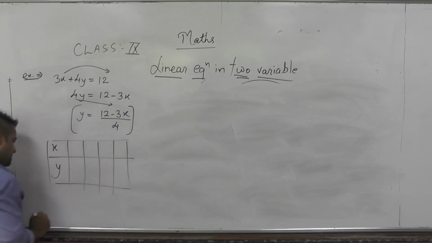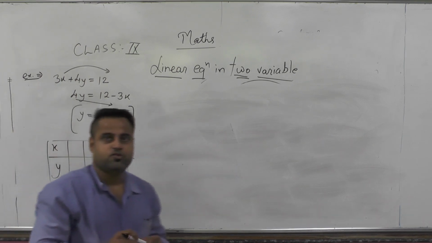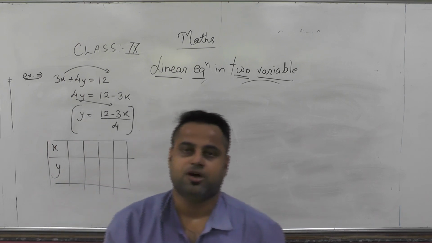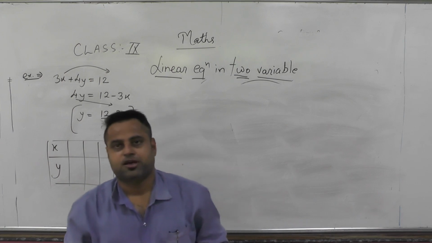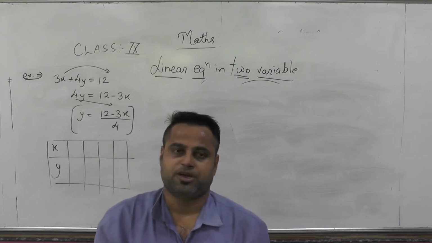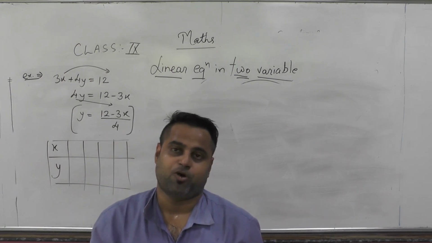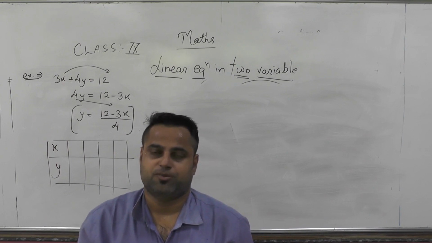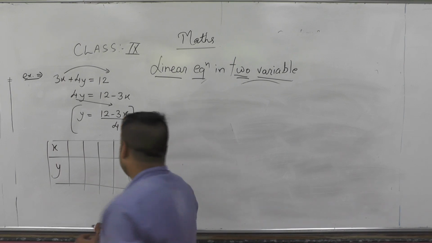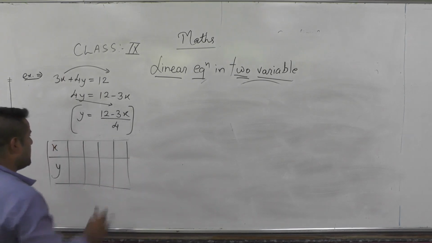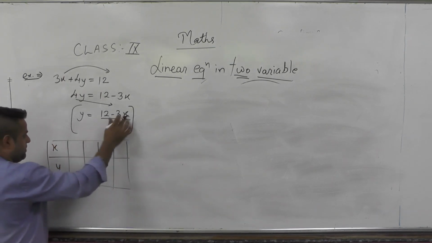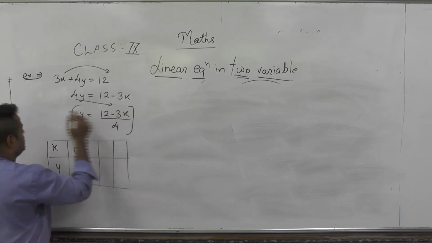I am taking 4 points here because it will give you a keen observation of the graph. If you take 2 or fewer points, the graph will not be clear, because it will not be clear which points it is passing through. So that's why you need to take at least 3 points. Remember that.